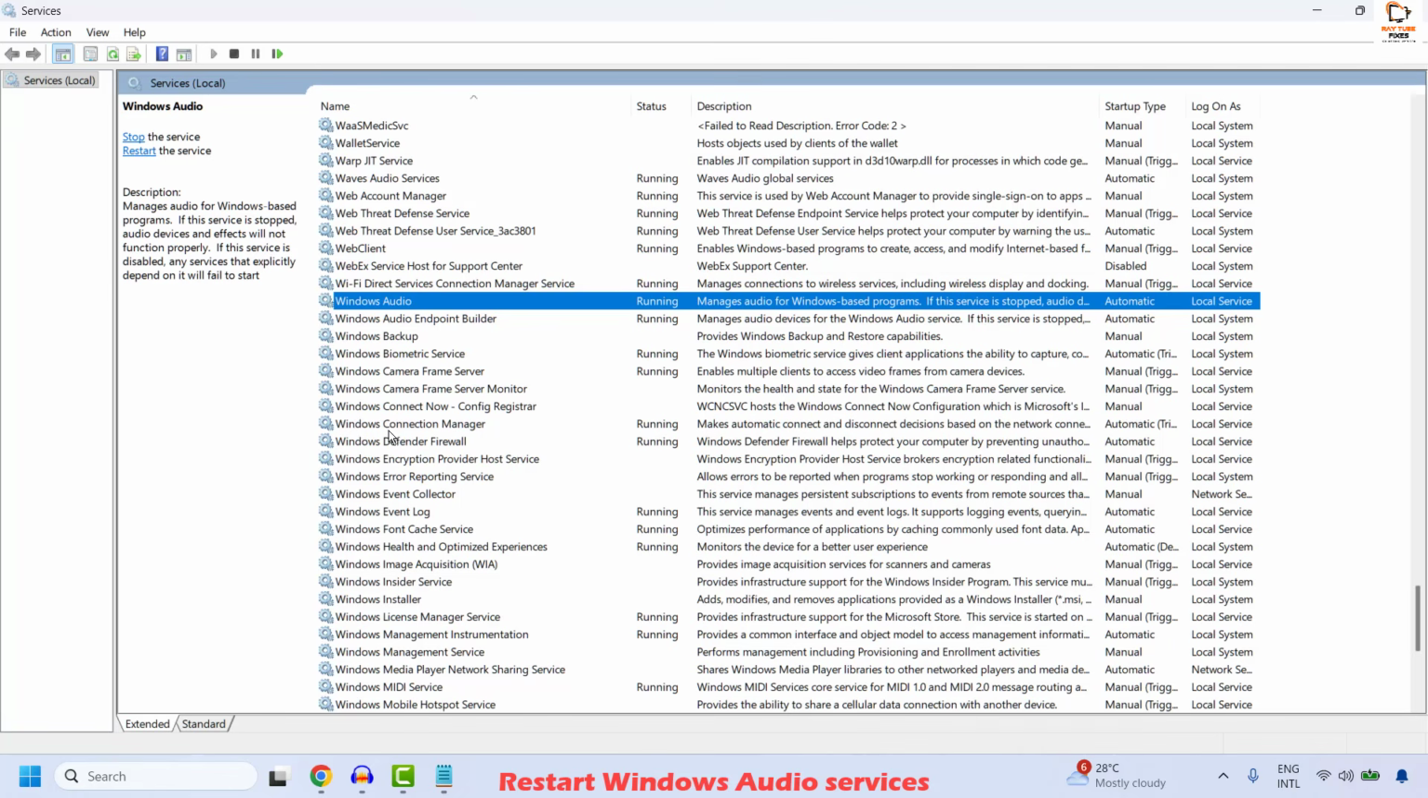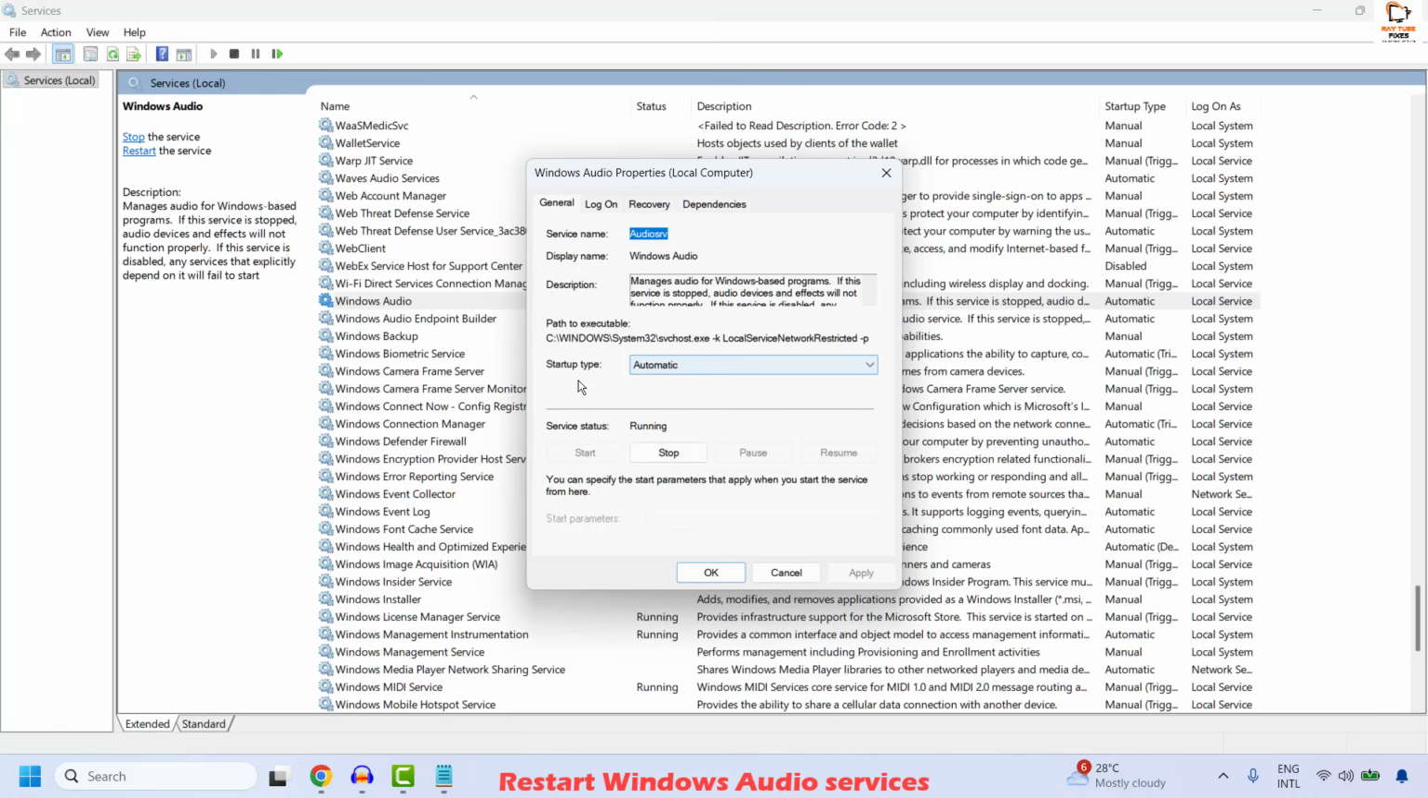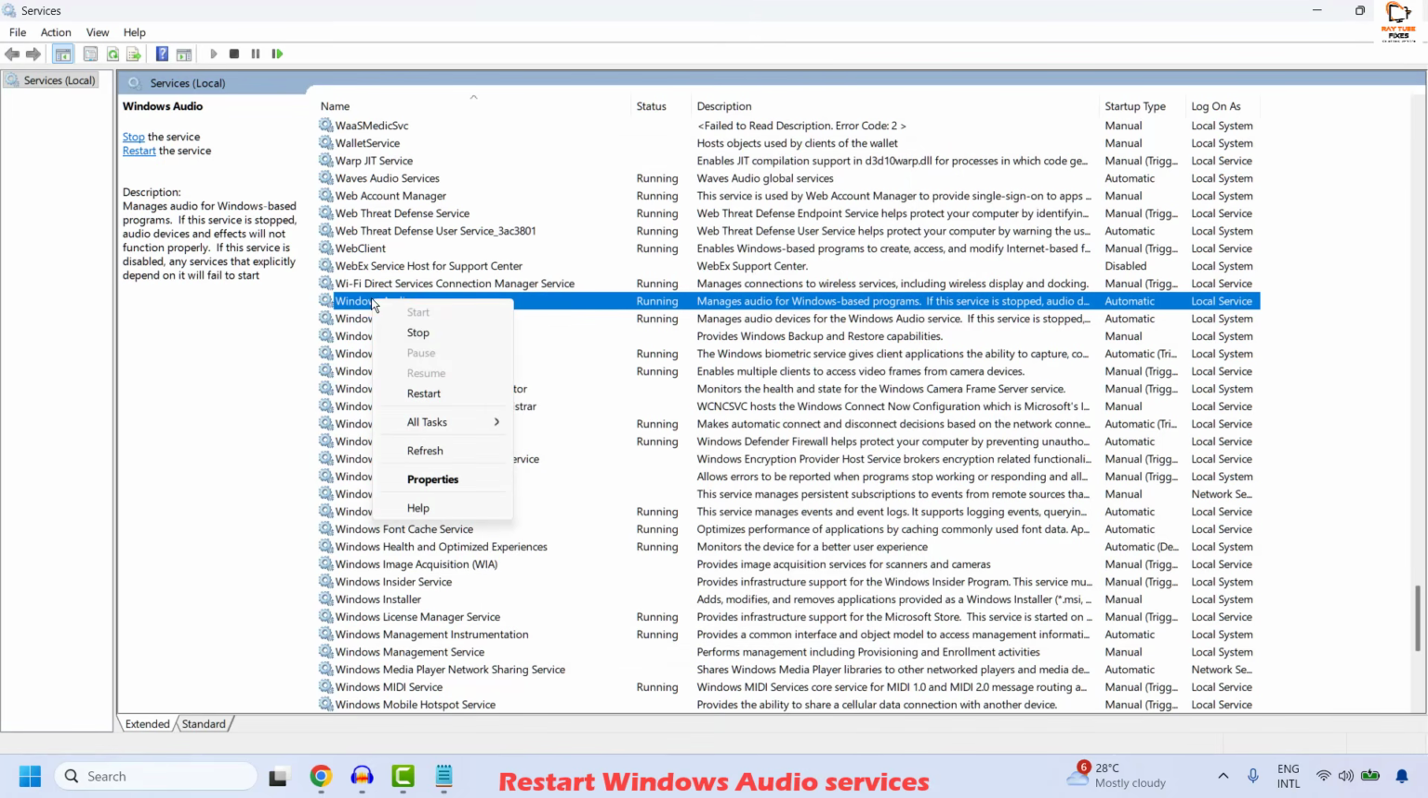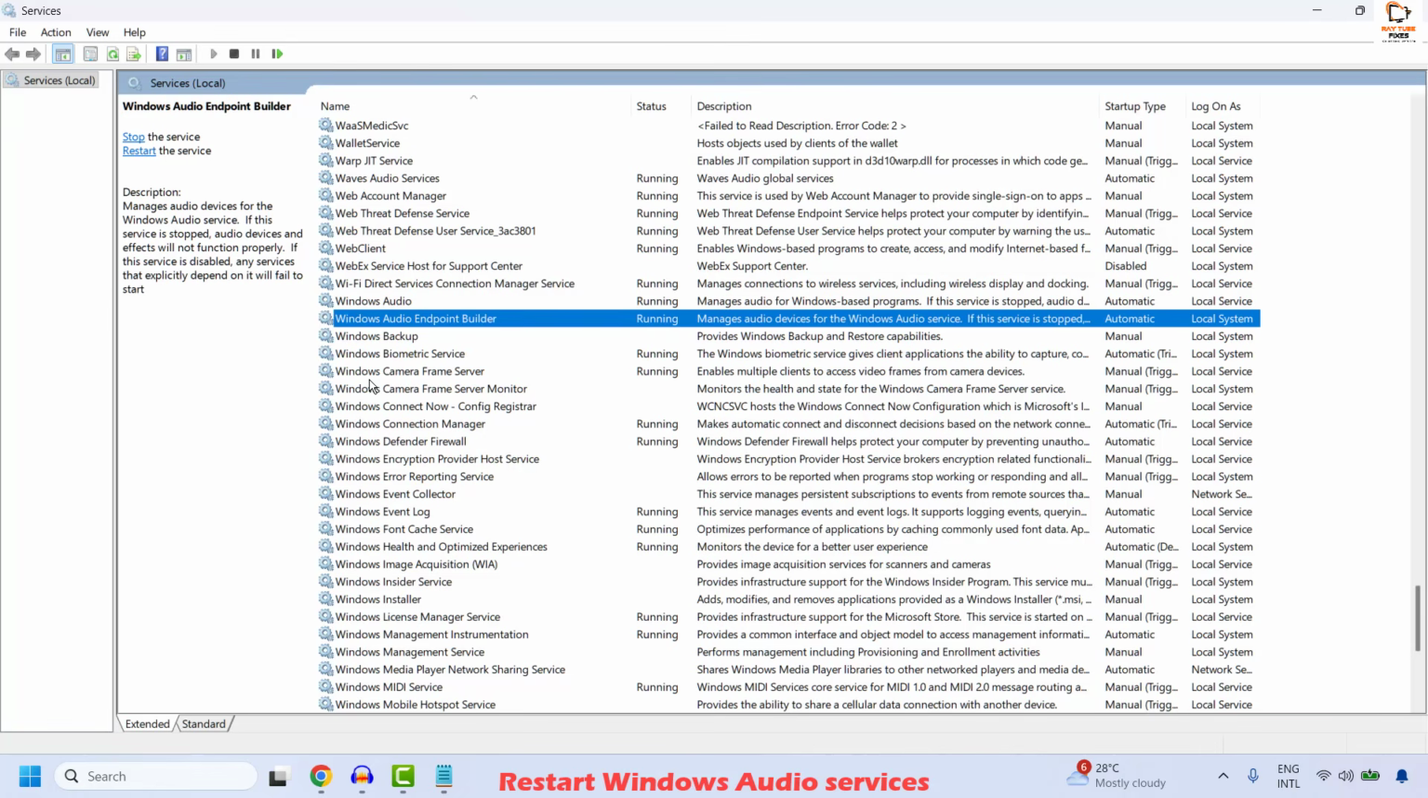It would be in alphabetical order. All you have to do is right click and then click on properties. Make sure the startup type has been set to automatic, then click on apply and then click on OK. You can right click on it and then click on restart, and repeat the same step for Windows